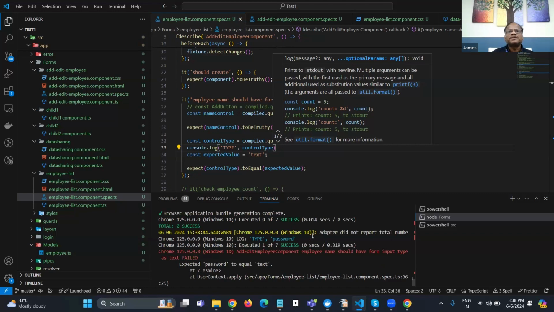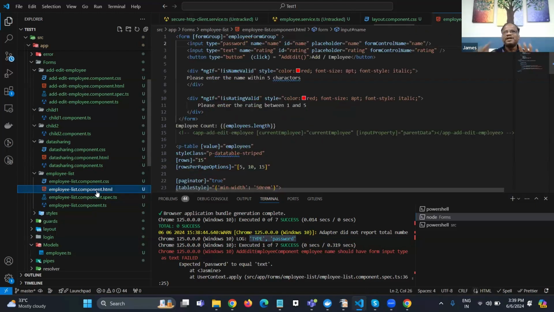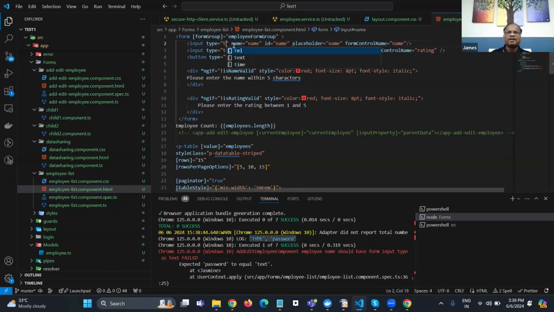This type here. See, the log is showing, right? Type is a password like that. So you can use console log here. So now, if any other user changes or types something, it will fail. Okay. So this is one simple example about writing a test case to check a particular text file,